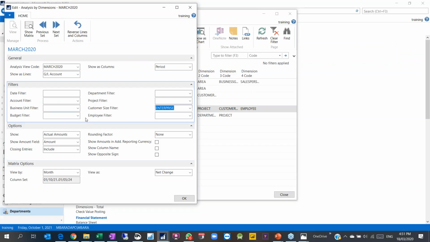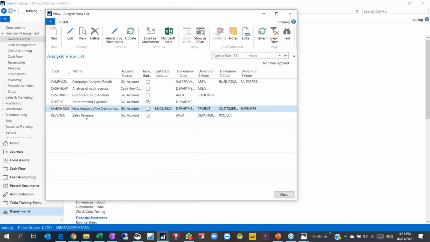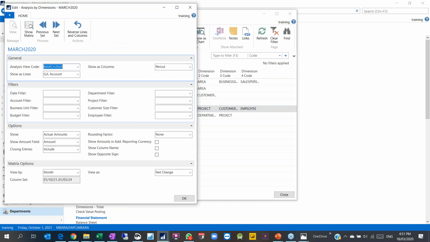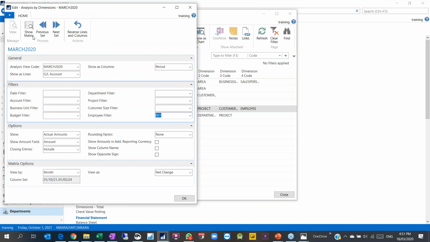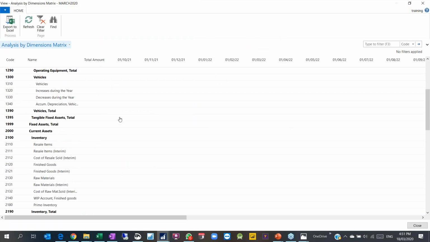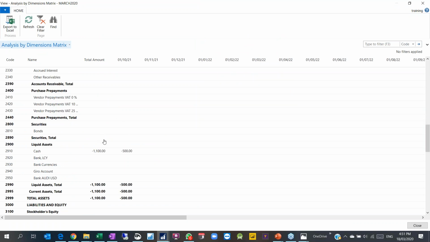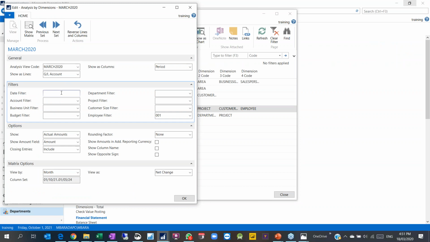So this is where I can see all my analysis inside the system with the ability to filter by customer or by employee. Show me all employee Muhammad Barada. So when I click show matrix, the system will show me all entries. Where is the beauty? If I want to see with a specific filter, 1/1/2020 until 18/03